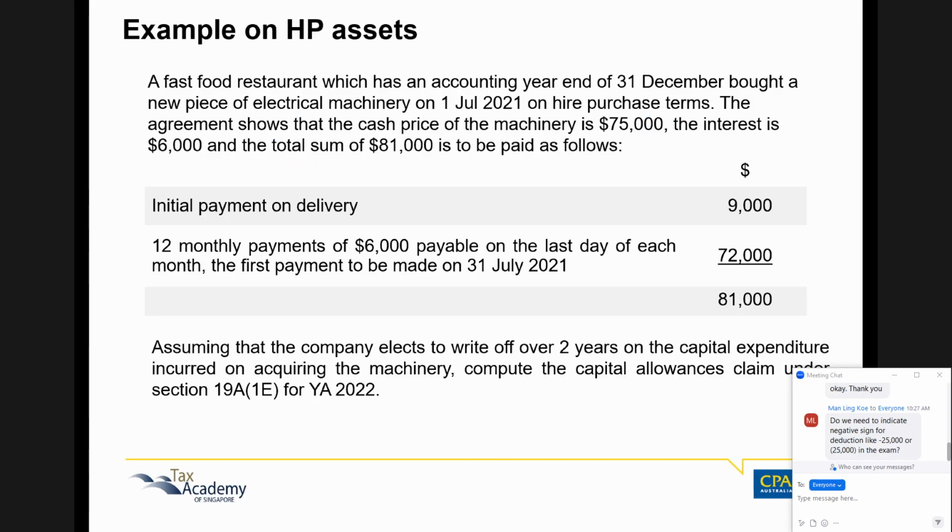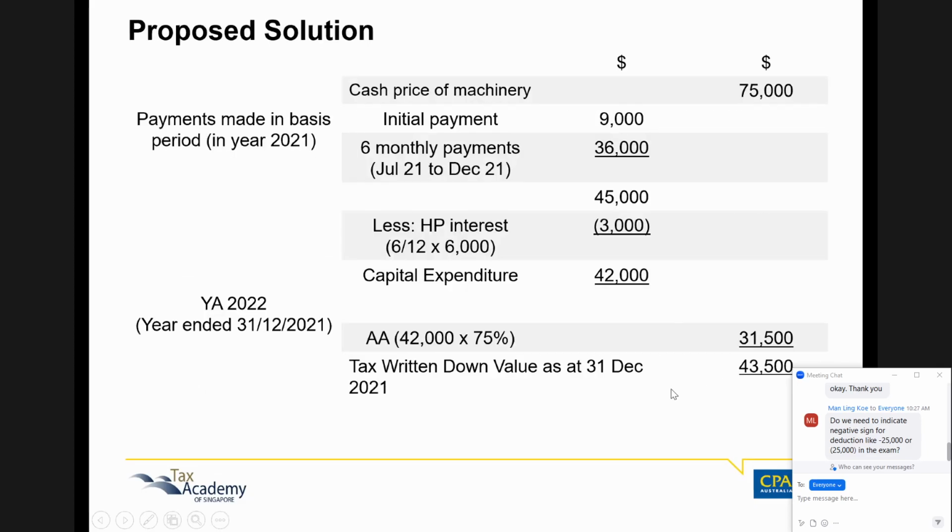Okay, so in this example, it shows that there's an initial payment on delivery of $9,000. Then you have your monthly installment. Then the company is going to write off over 2 years. Okay, what I want to